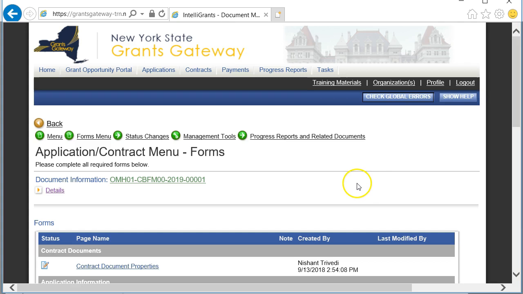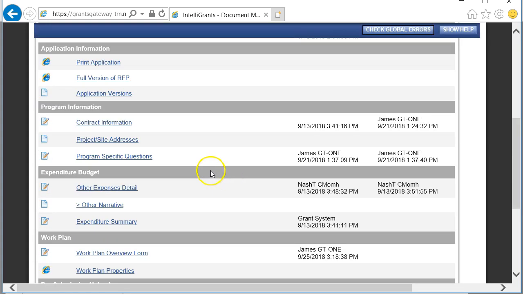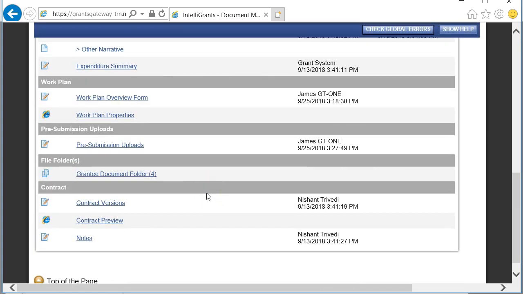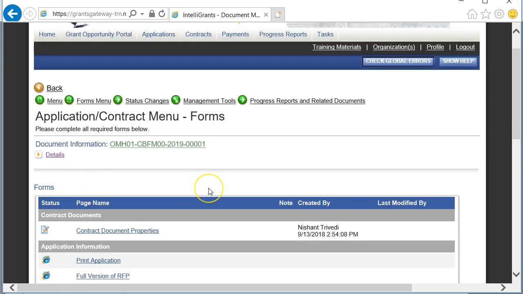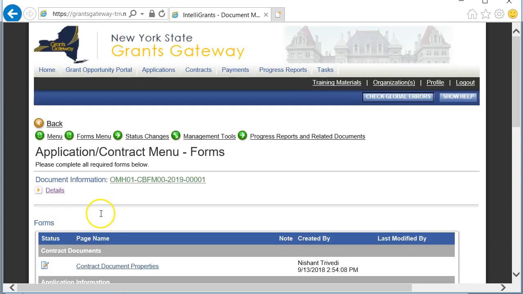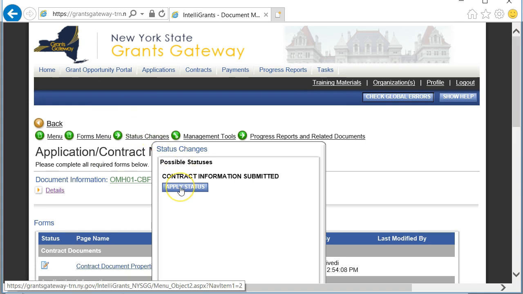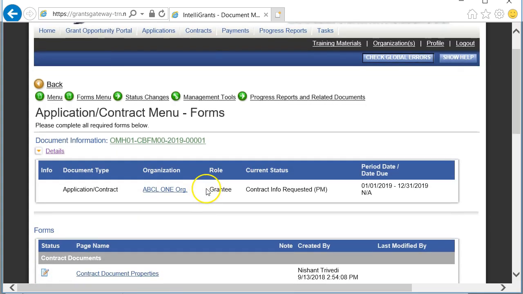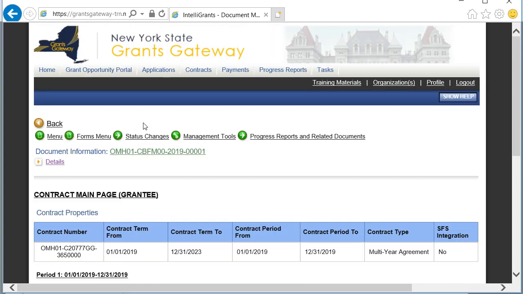In this example, I've completed my contract information. I've gone through every page in the Forms menu, and I've completed all the necessary requirements. I can now send my contract back to OMH for further processing and then signatures. To do that, I'll need to do a status change. And I can hover over the status change option and select the status of Apply Status to Contract Information Submitted. You'll remember that we're currently in the status of Contract Info Requested. So I'm going to attempt to submit it back, but I'm going to get an error because there's a page